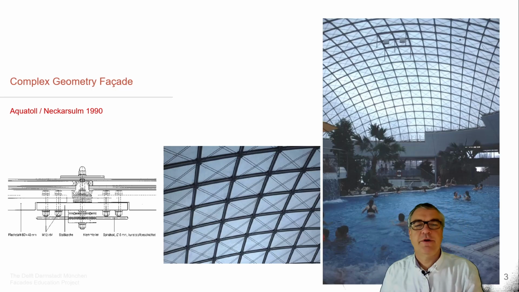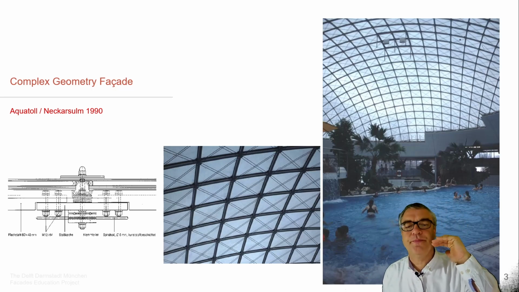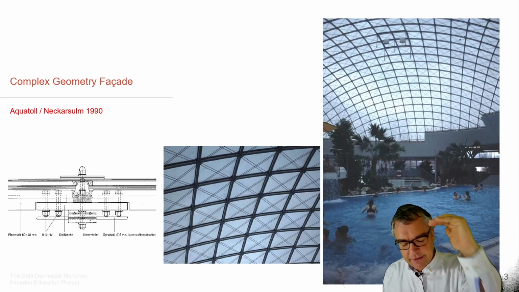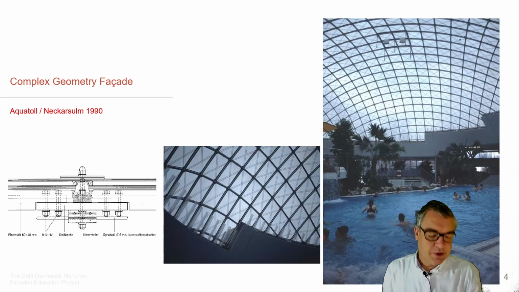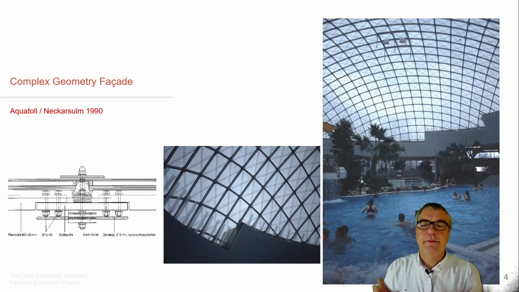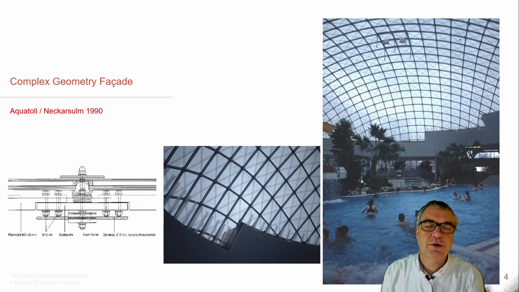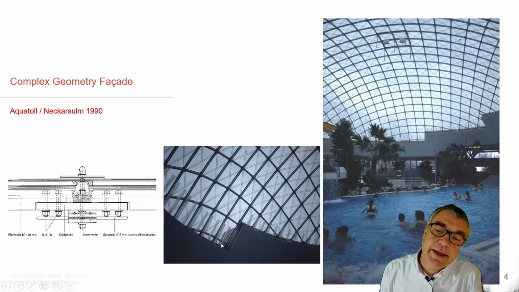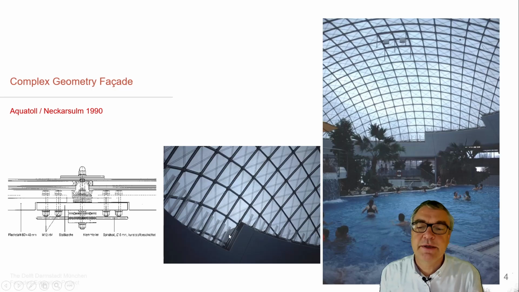Rather simple one, where both radii are oriented in the same direction, so it's a synclastic curvature, which has then at the edge obviously the difficulty to get the geometry, the connection to the foundation, to the base, to whatever kind of component you'd like to add in position. Quite interesting shapes of glass plates. We're going to see more complex ones later in this lecture.